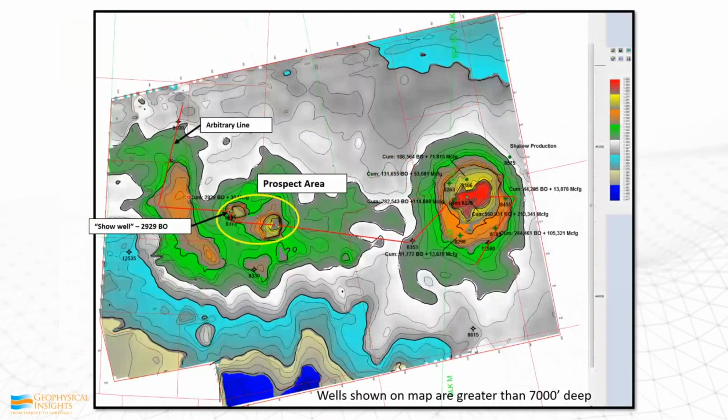Now, in looking at the reef mapping, here's the old field. This field was discovered in the 80s and 90s. And here's the prospect area, and here's the show well. The gentleman who was selling this prospect said, look, I know it's not 1.5 million barrels, but I think there's at least 300,000 or 400,000 barrels here, and that would be very economic to drill, put the acreage together